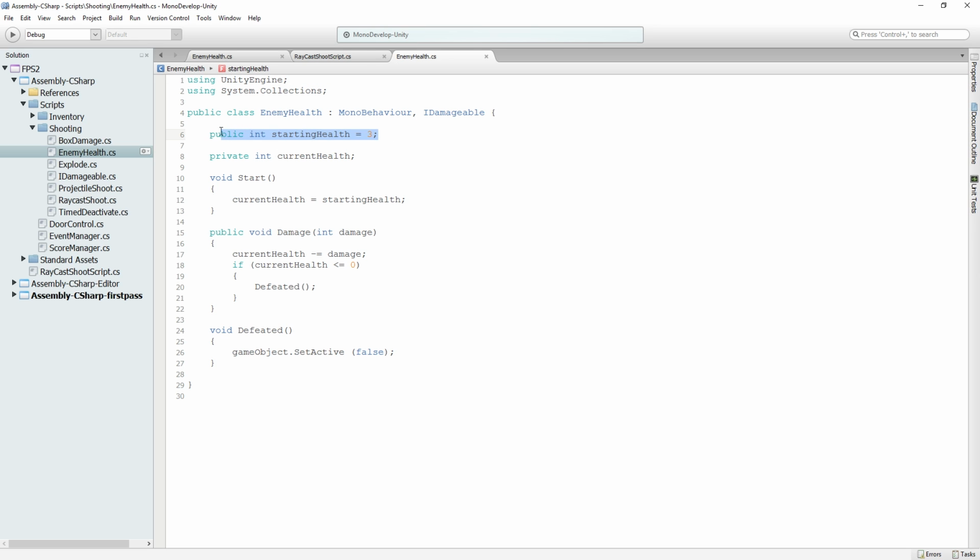Basically, we just have a public integer called starting health, which is equal to 3, a private integer called current health, and then in start, we set current health to equal starting health, so our current health is equal to 3. Then, when we call the damage function, we tell it how much damage we want it to inflict, and then we say current health minus equals damage, so we subtract damage from the current health total, and then we check if current health is less than or equal to 0,